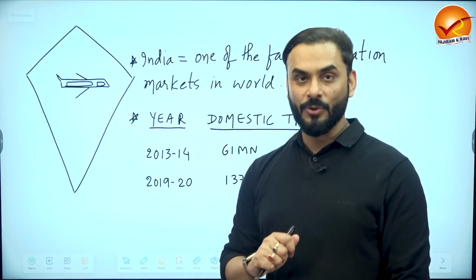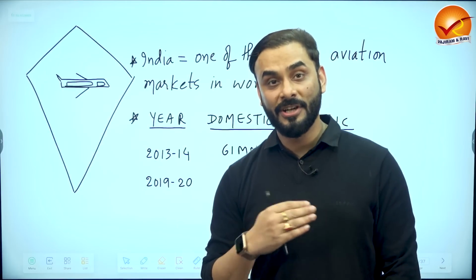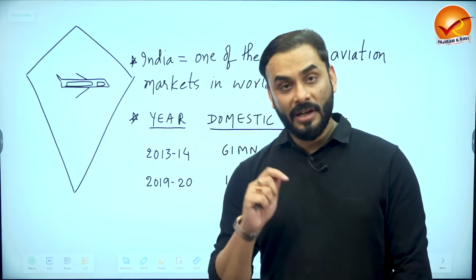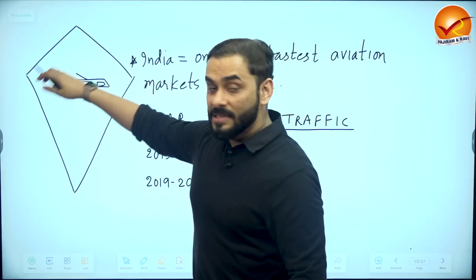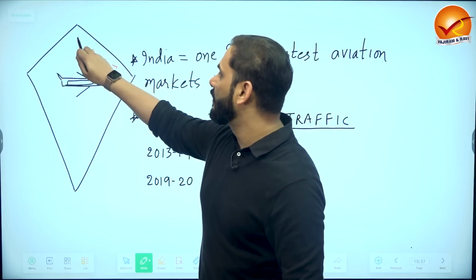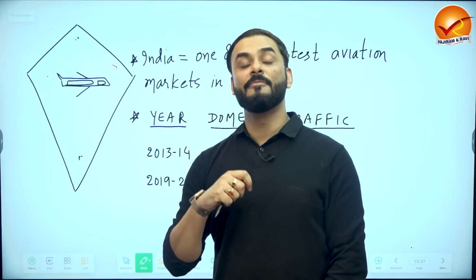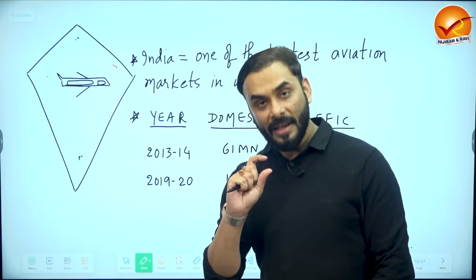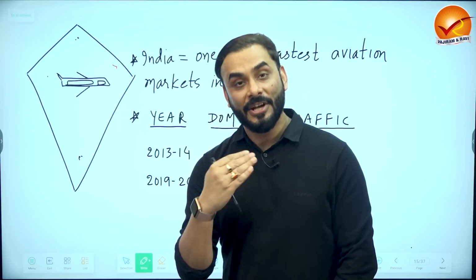Now, Government of India knows that India is a very unique kind of country. There are people who can afford costly tickets. Then there are people who cannot afford costly tickets, 7,000, 10,000 rupees tickets. So the Government of India thought, why not start a scheme so that we can connect, suppose this is India. So the Government of India wanted to start a scheme to connect this part of the country with this part of the country with this part with this part, which means we wanted regional connectivity, improved regional connectivity within India. Government also wanted to make sure that our airline industry becomes such that a normal Indian can afford the air tickets also.